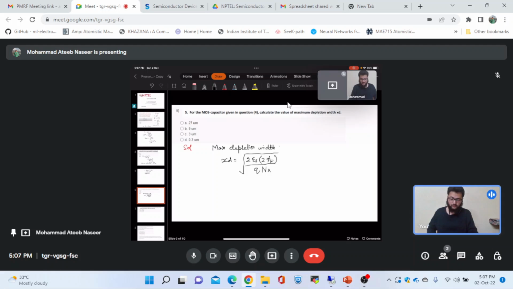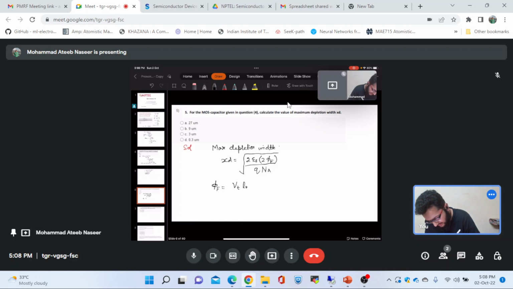Now I have to find this phi f first. So this is the Fermi level. We have assumed the Fermi level to be pinned at 2 phi f. To find this phi f, I have to go through the band diagram, and we have seen how we can find this phi f by just writing the potential balance equations in the previous lectures. So here we will simply write down the phi f that we found in those previous lectures,